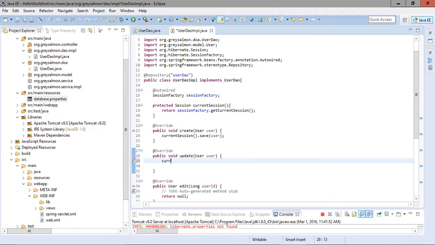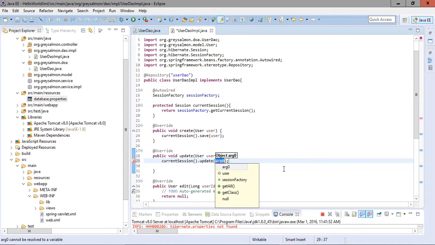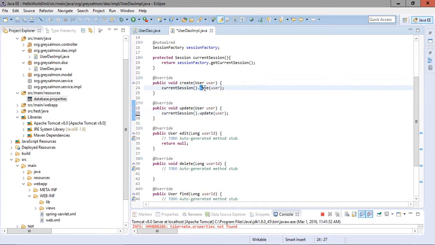Now we can write this, just copy this method current session, since we need the reference to the current session, dot update. We have to pass the user here, update user. So no need to write the SQL queries, update user where ID is equal to this and all that. Okay, and this is HQL, that is the Hibernate Query Language.